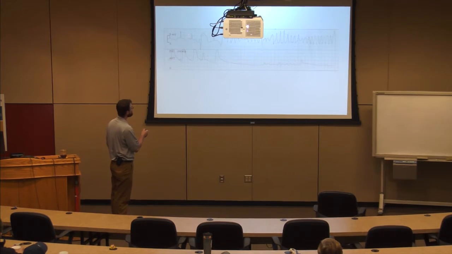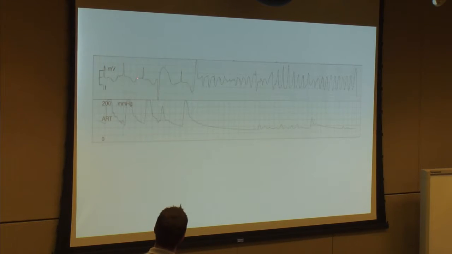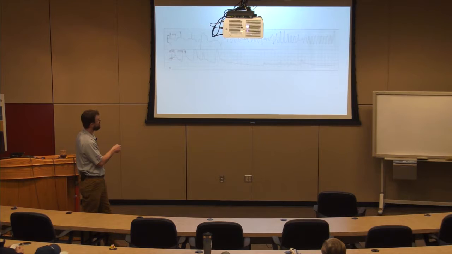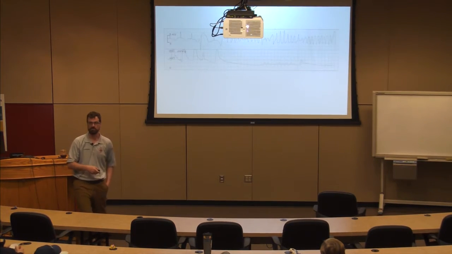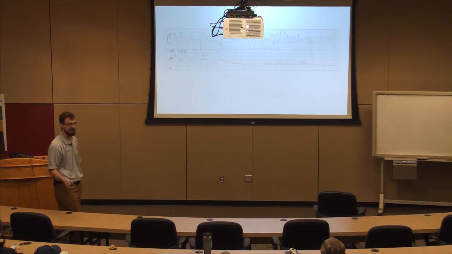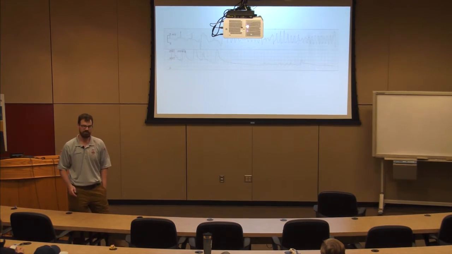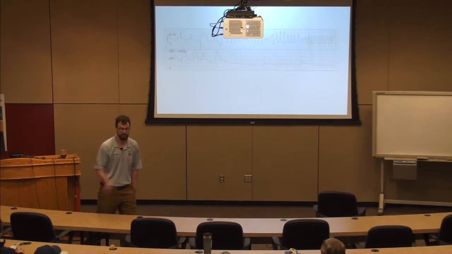Here's another example, long QT. Here's the end of my T wave. It happens to be inverted in this circumstance, right? QT much greater than half the RR interval. Same thing here. QT clearly more than half of my RR interval. And what happens? Torsades. And it's a quick transition into torsades. It's not gradual. They're not going to hint at it, right? They're not going to have a little run of torsades, a little run of torsades. They're going to have torsades, okay?